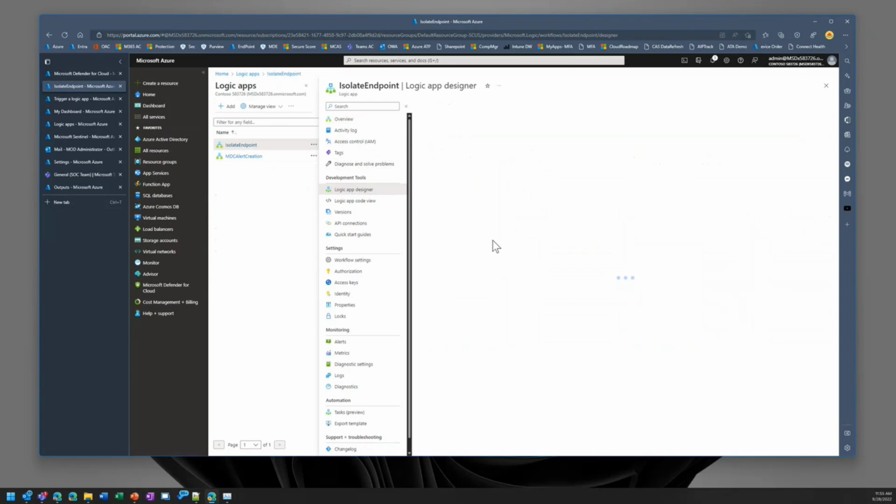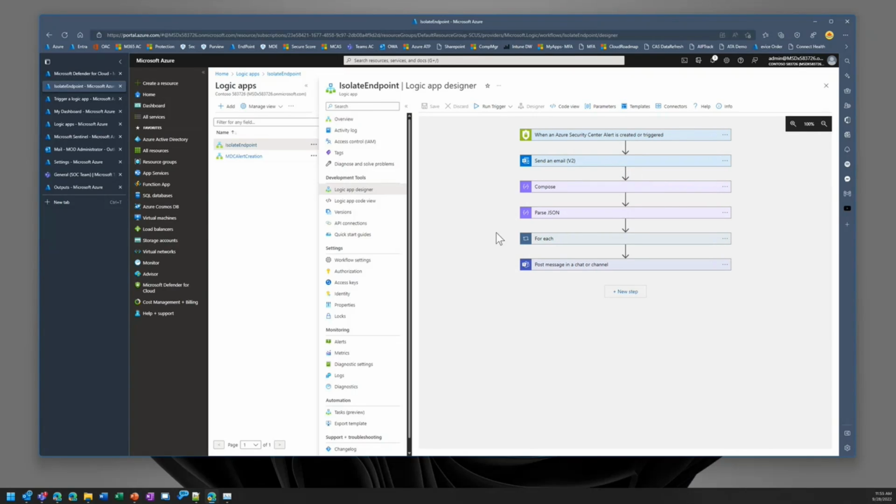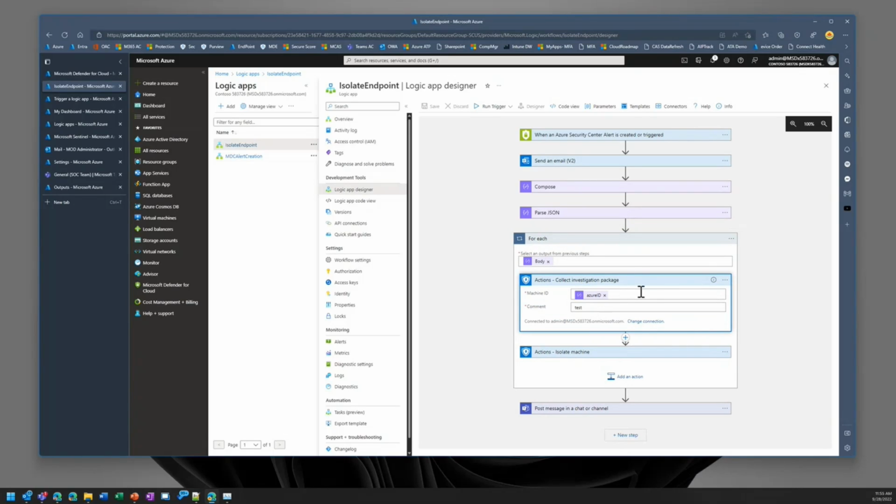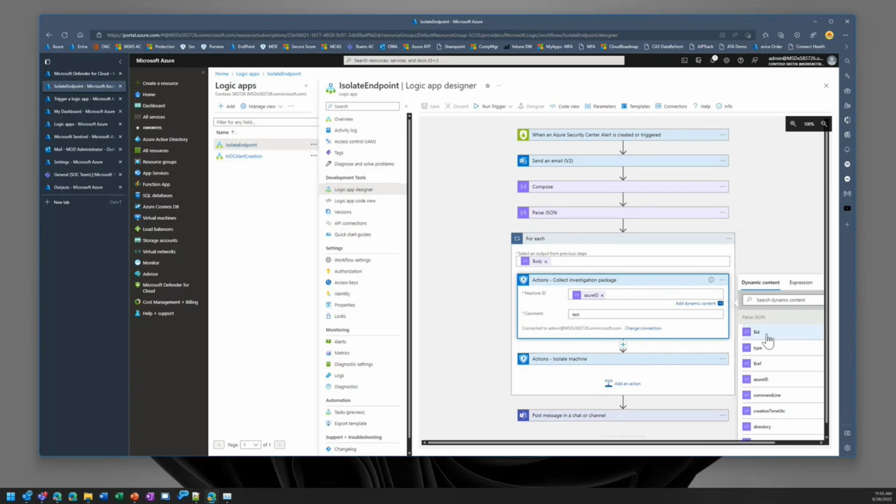So I just wanted to show that, and we can see what it looks like in the designer here, on this side. In your collect investigation package, there's your Azure ID, and the way this works is you'll see this dynamic content, right? So I have to have this Azure ID. Okay, so let's